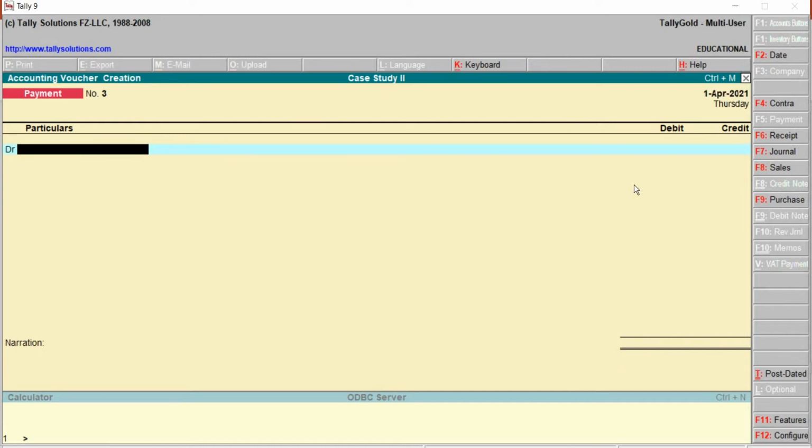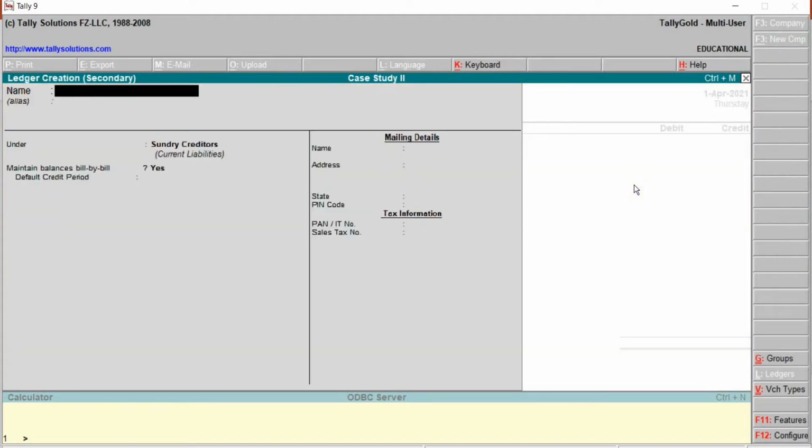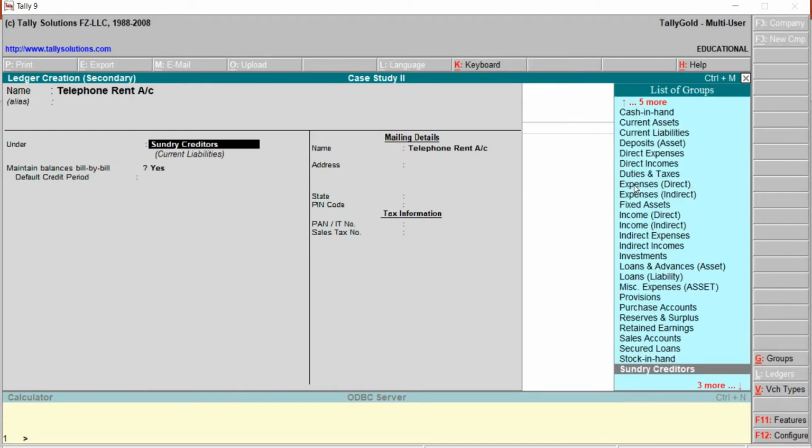Debit will be telephone rent account, which has to be created. Alt C to create. Alias blank. This has to be allocated under the group indirect expenses.